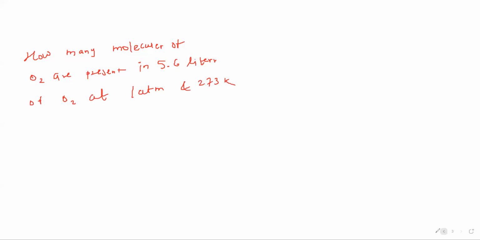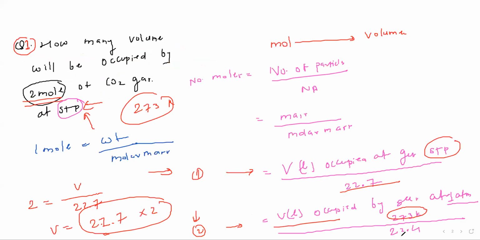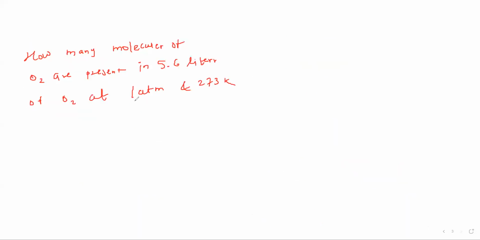Now, which formula are you going to choose? Second one, where the value is 22.4 should be there, not 7. Getting my point, guys? They have given you specifically 1 atmospheric pressure and 273. So solve it and tell me what will be the formula. So 22.4 versus 22.7, what difference will it make? Yes, it will make a big difference, because they have given you specific values. So that's why 22.4 should come below. So number of moles is equal to volume in liters upon 22.4.